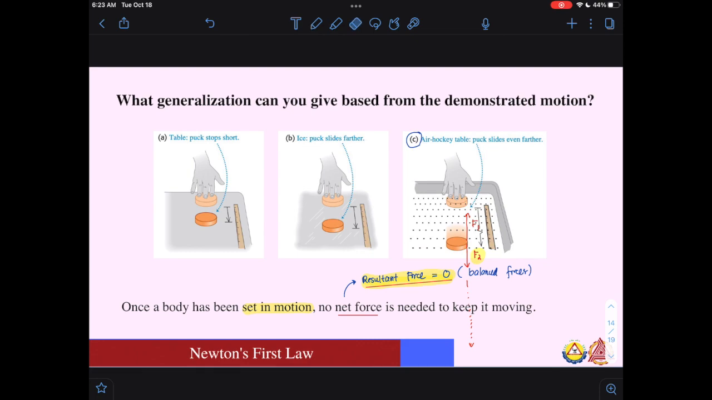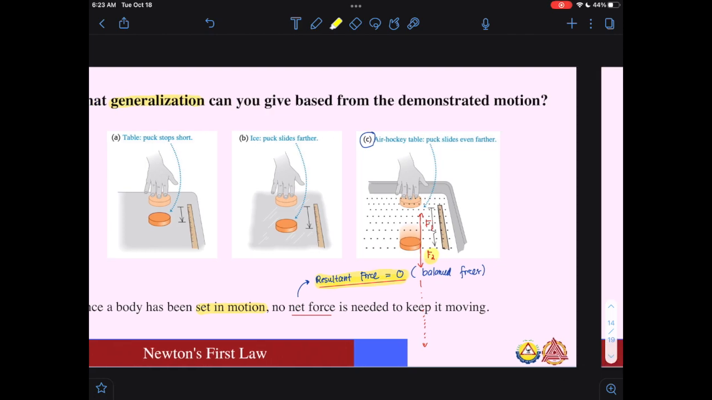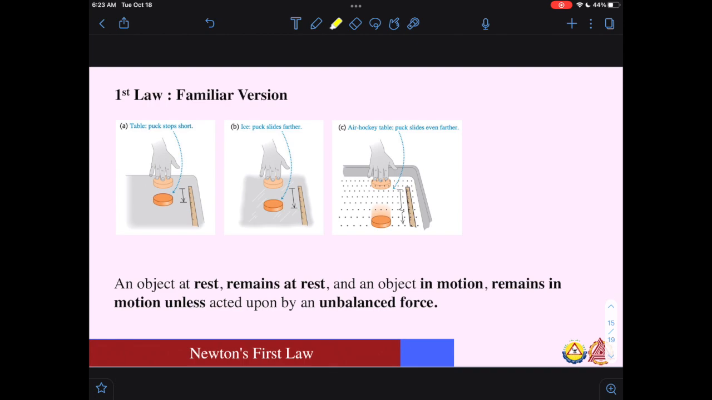Now, once a body has been set in motion, this is what we can generalize from that case. We don't need any additional force to keep it moving. Magpadayon na siya, just like your air hockey. Okay. So, we are now ready to somehow understand the first law of motion of Newton. This is a familiar version that I know you're familiar with from your elementary or from your previous